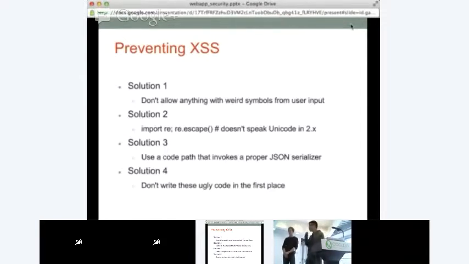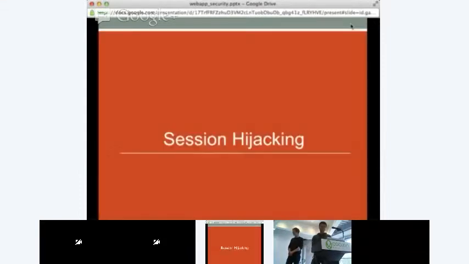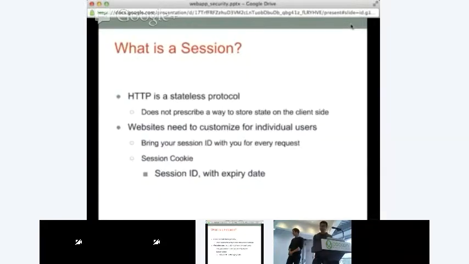Okay, that means you cannot break out of a string when you paste it into JavaScript or JSON. So solution 4 is don't write this code in the first place, because some people have CSS templates and JavaScript templates that are generated on the server. That's just very difficult to maintain. So session hijacking is also another attack vector that has a little bit to do with